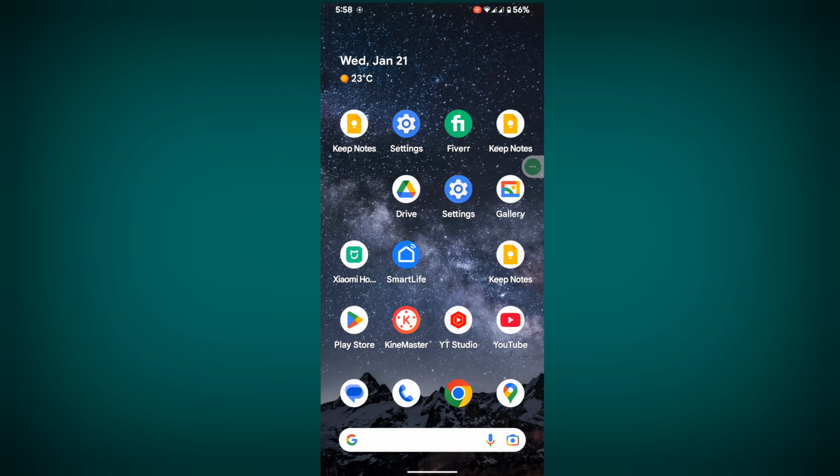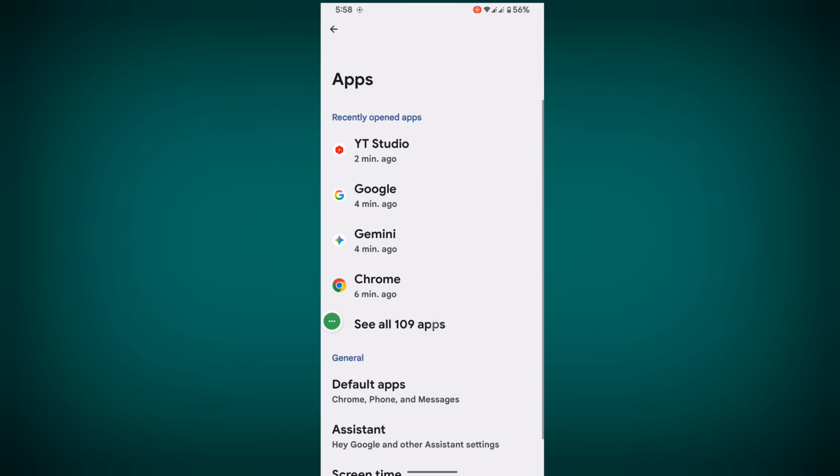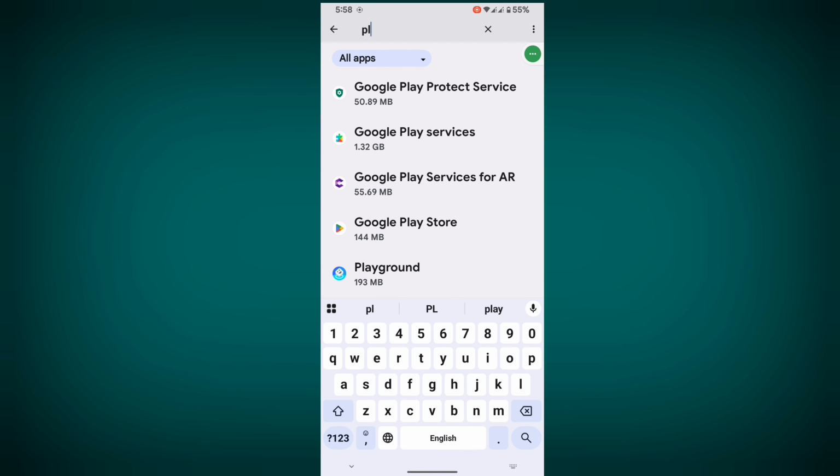In this video, I show you how to fix Google Play service not working problem. For fixing this problem, go to settings, then go to apps, then go to see all apps. Now click on search bar, search for Google Play service, tap on Google Play service,